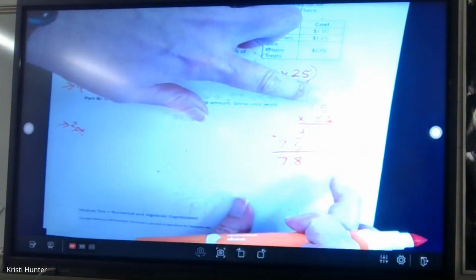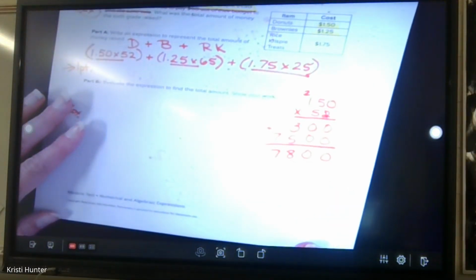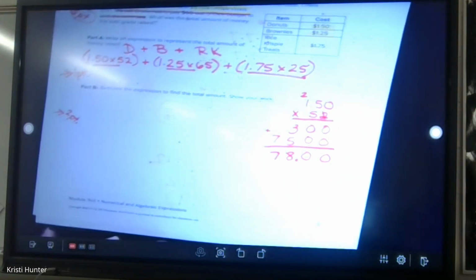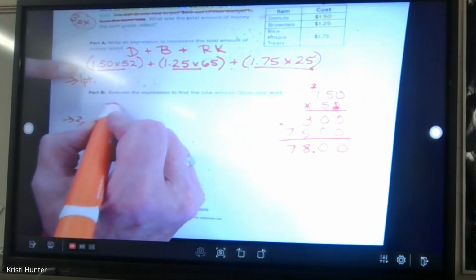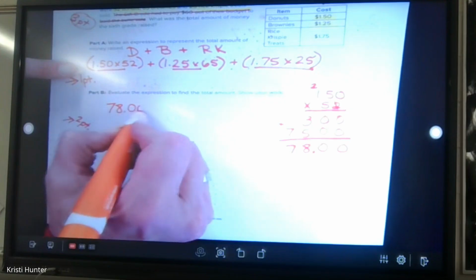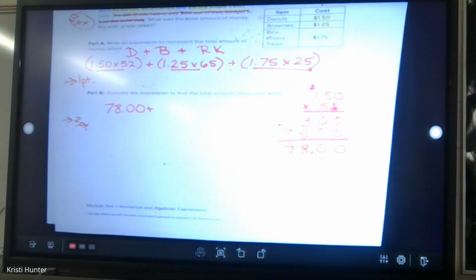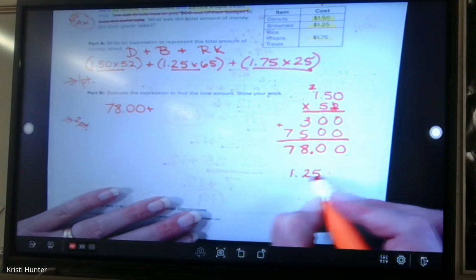Looking at my decimals, I see 2 decimal places in this problem, so I would have 2 decimal places here. So I would replace this part of the numerical expression with $78. That's my donuts. Now looking at my brownies, I'm going to have to take that $1.25